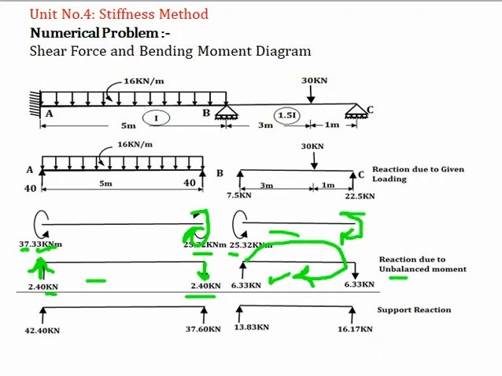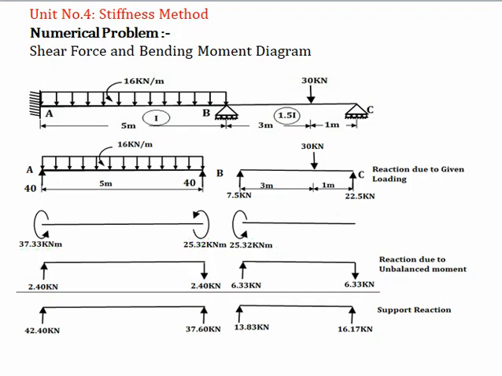So again the same way, first take this 25.32 divided by the span, you will get the value 6.33. Now where it should be shown, it should be shown at the location of maximum moment. Now there is a question of the arrow. So how to show the arrow? The arrow you have to show up.